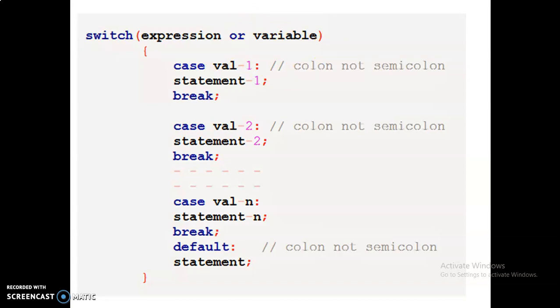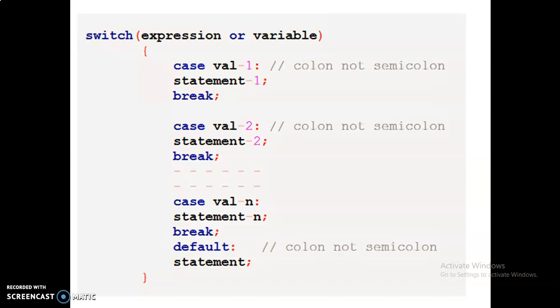Break is also a keyword in C. The main purpose of the switch case is that you have many choices, but only the choice which matches your variable is executed in the program. Other choices won't be executed, so a break statement is needed.